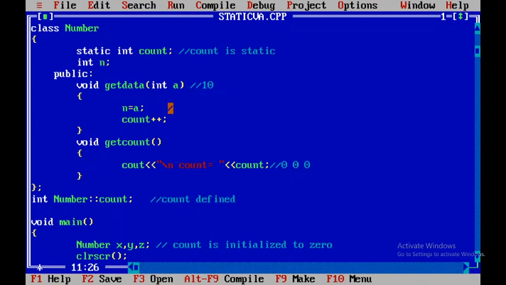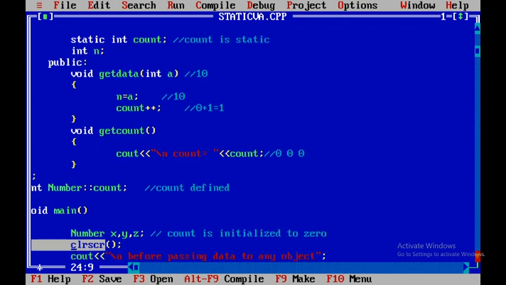That means the value of n is 10 and count is increased by 1. The last value of count was 0, so the new value of count will be 0 plus 1, that is 1. Count is incremented by 1.